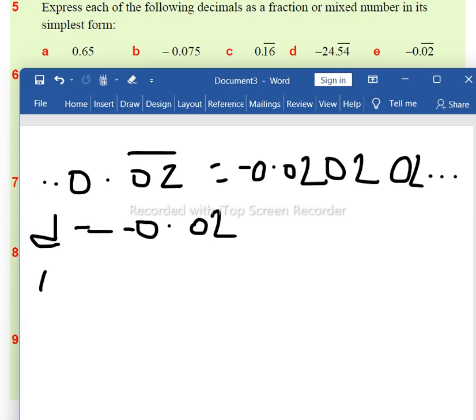So we multiply both sides by 100. When we multiply D by 100, we get 100 D here, is equal to, when we multiply this number by 100 we get 2 point, minus 2 point, here, because when we multiply by 100 the dot will become here, so 2.02. When we subtract the above number from the below number like this, above